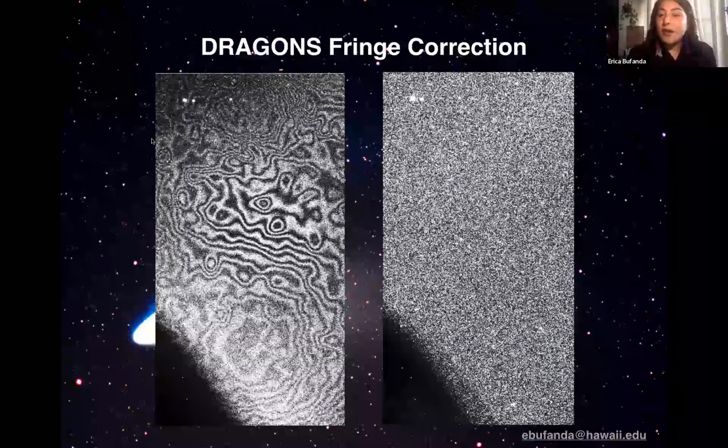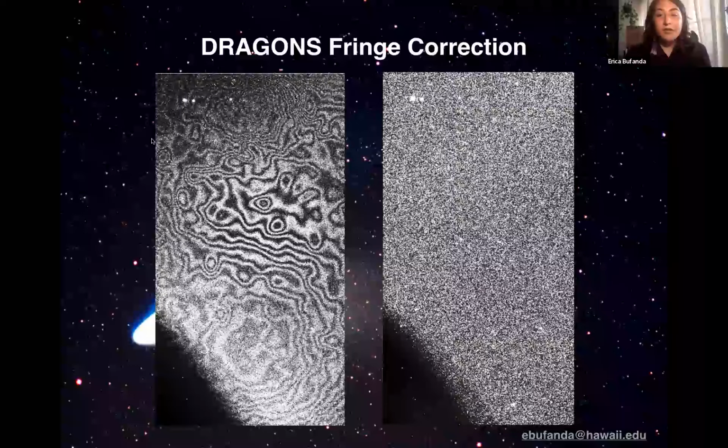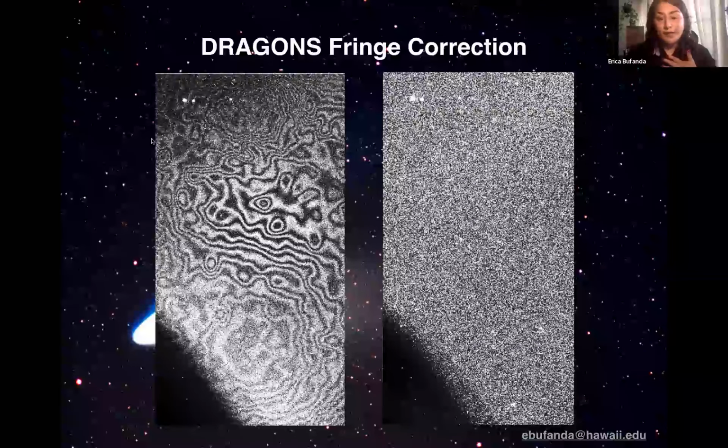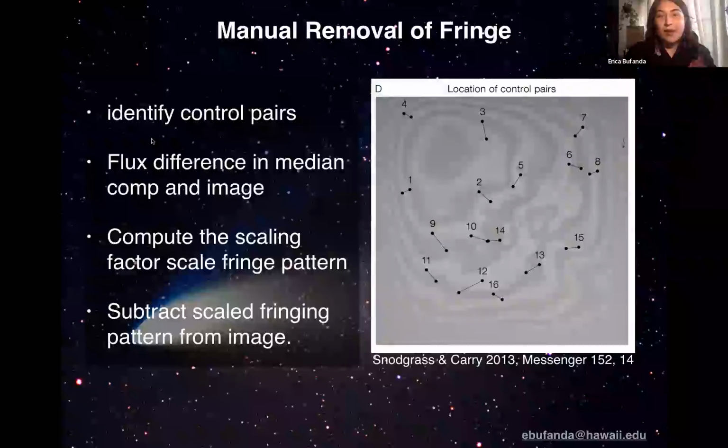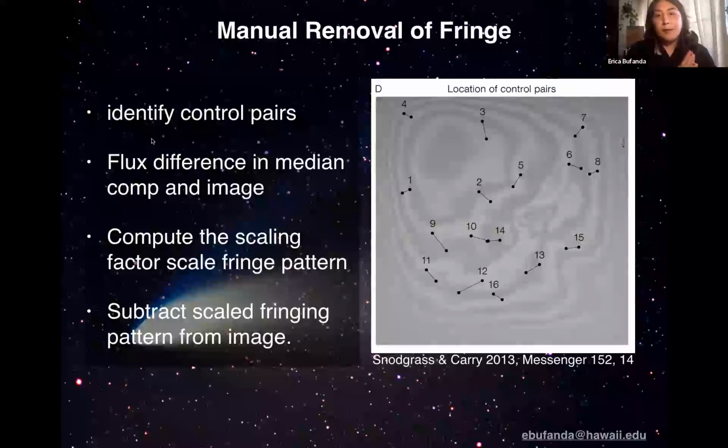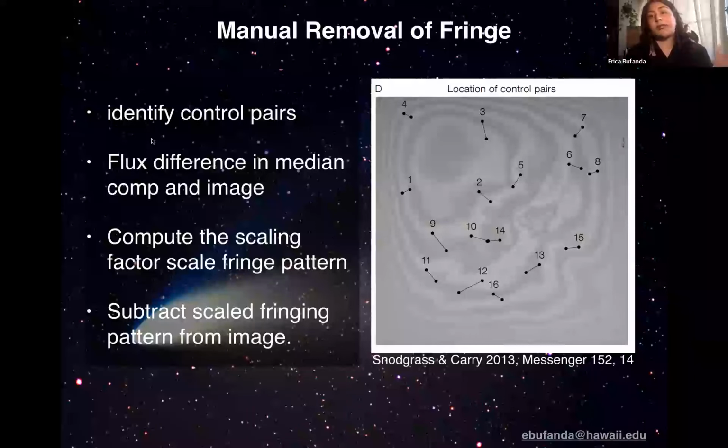Okay, and so one other thing that we do is correct for fringing, which happens in the wideband. Dragons has a really nice automated routine that does this automatically. Sometimes, and I'm not entirely sure why this happens, the routine doesn't get all of the fringe out. And in that case, I also do a manual removal of the fringe using a slightly more robust, slightly different